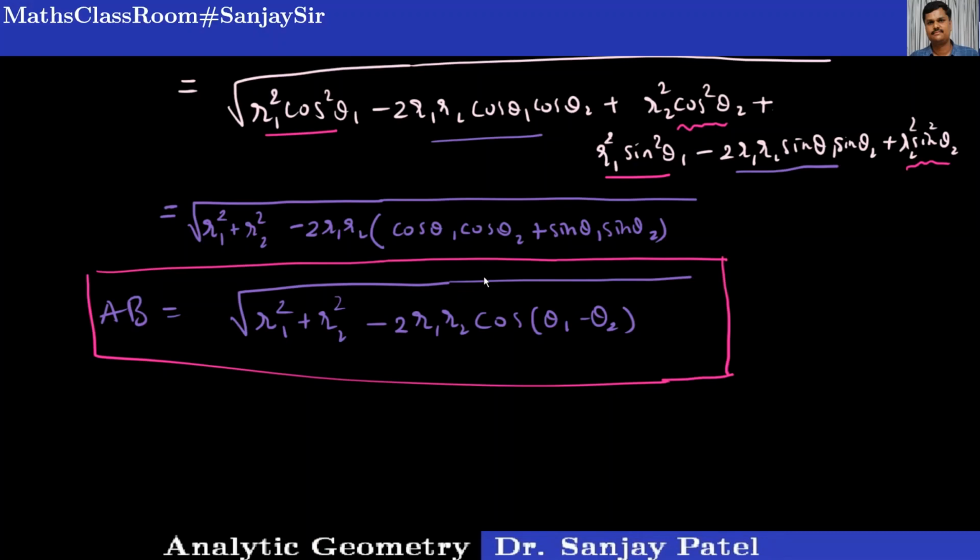So in the next lecture, I will be teaching you the polar equation of conic, and then we'll solve the problems based on that. So we are going to study a new object in the polar coordinate system, and that is a circle. Okay, and then we'll also study the polar equation of conic. So in this polar coordinate system, first our aim is to study the polar equation of a straight line, then the polar equation of a circle, and then the polar equation of conic.